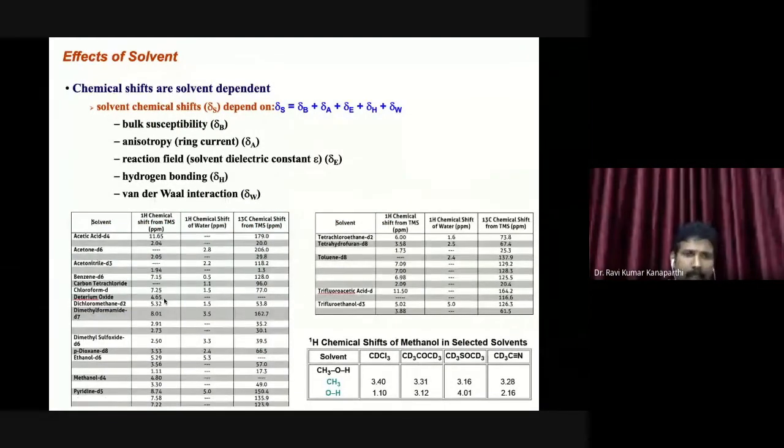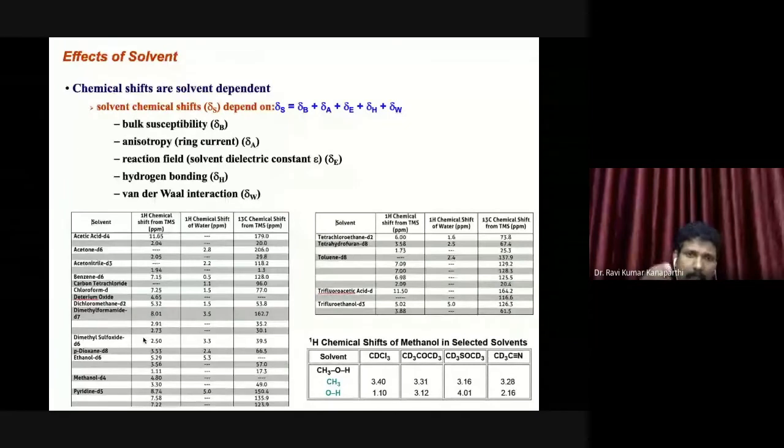As you can see, the different deuterated solvents are listed on the left-hand side, and their chemical shift values from the TMS are shown here. I suggest that you remember these things. If you want to really interpret the given NMR data, you have to remember this, because otherwise you will think a peak is coming from your compound's proton when it is coming from the solvent. Unless you remember these things, you cannot make out whether it is from your compound or from the solvent. You should have this knowledge.